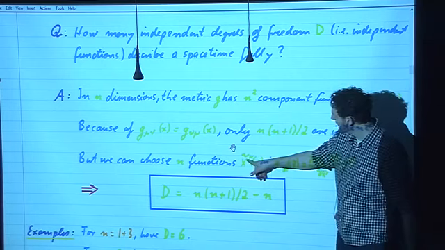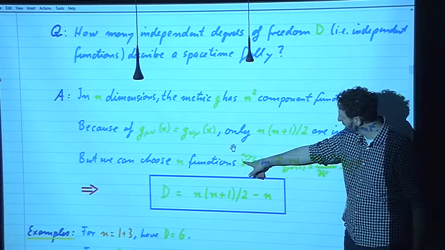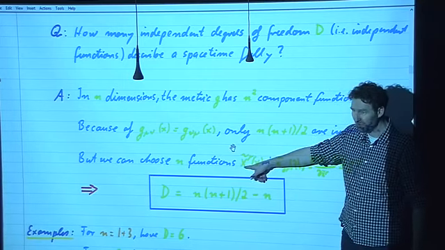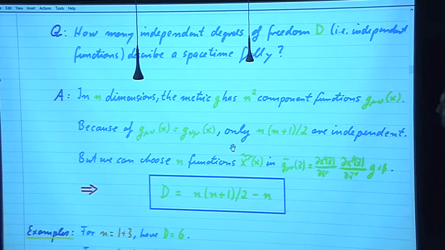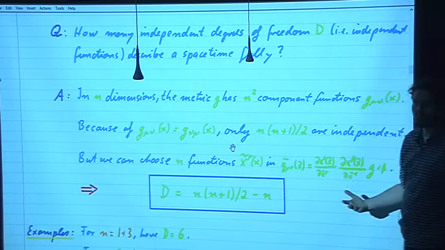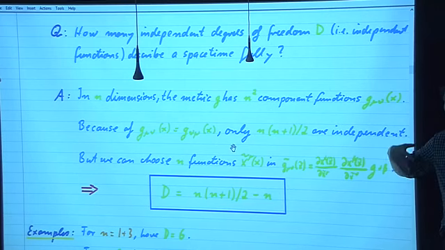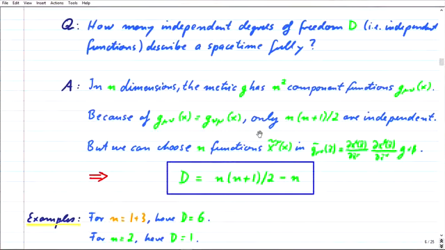Because x tilde 0 is a function, x tilde 1 is a function that we can choose, x tilde 2 is a function that we can choose, and x tilde 3 is a function we can choose. In general, if the spacetime has n dimensions, there are n functions we can choose freely, and therefore that we can use to manipulate the entries of the metric to arrange that particular entries take particular values, just by virtue